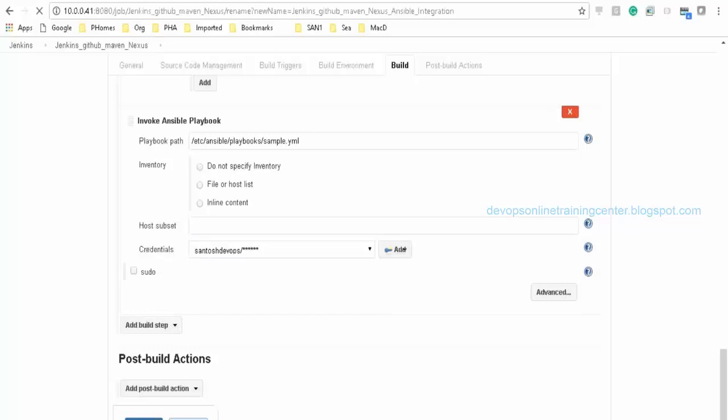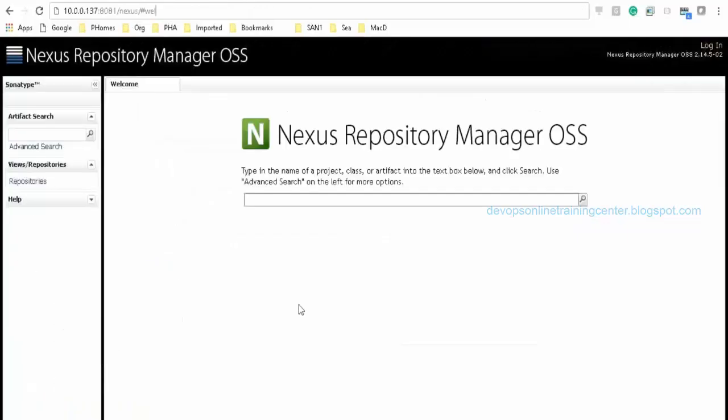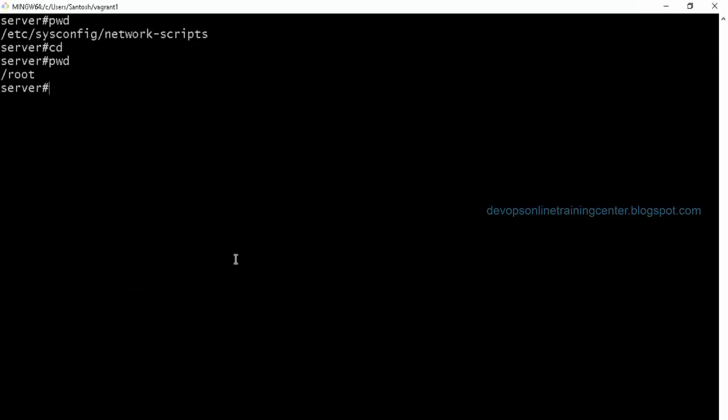So what is happening? Santosh, yeah. We are using public key and private key, right? Why are you using a password here? You mean while connecting to the server, to the slave? Yeah. Do we need to add a password here because we are using a key? I got your question.